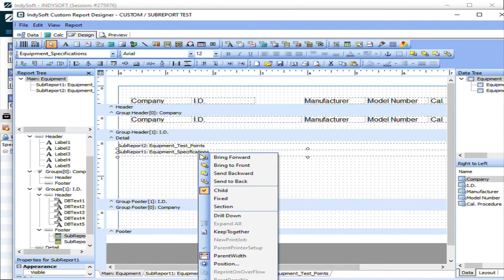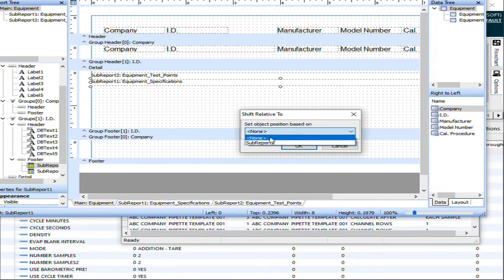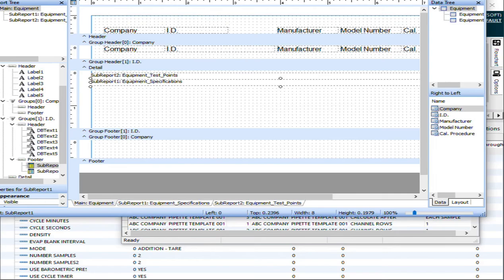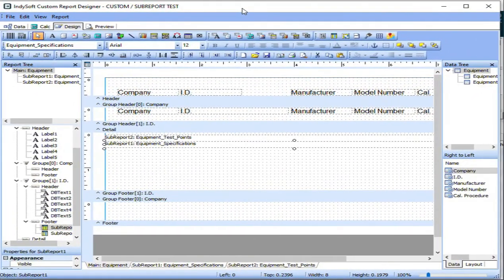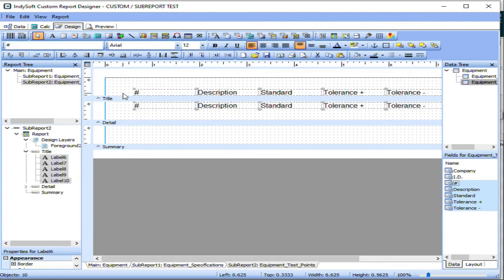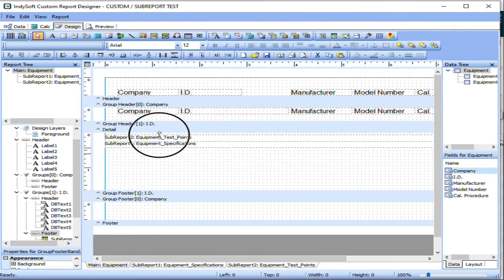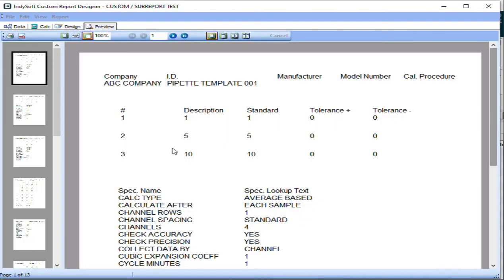We'll have specification shift relative. And so I can just bring in this information and hit preview. And now I get my test points